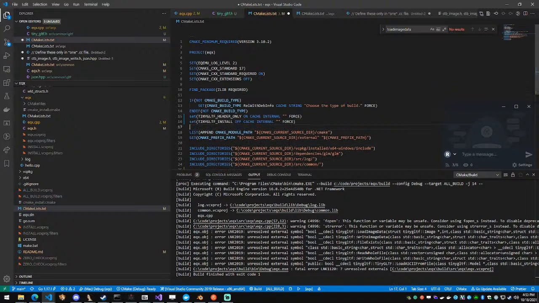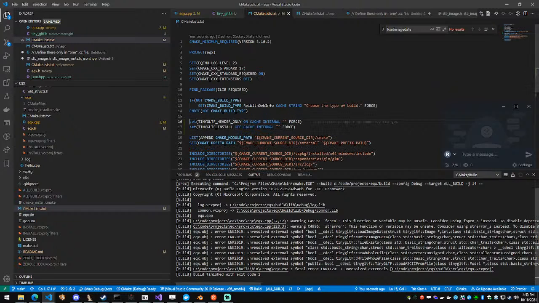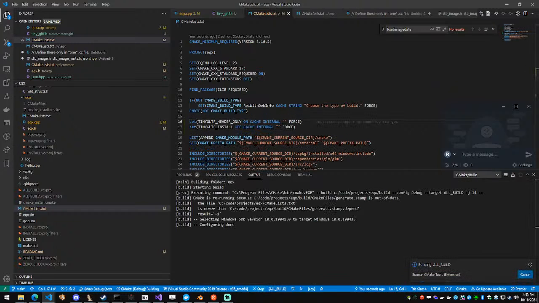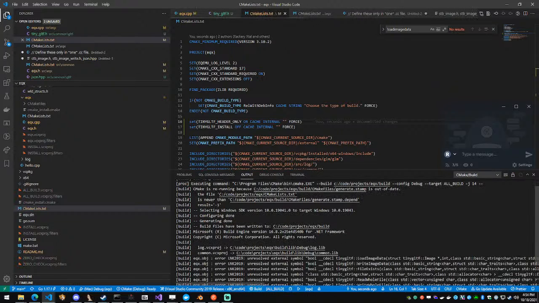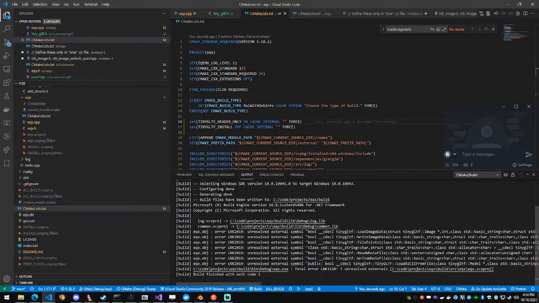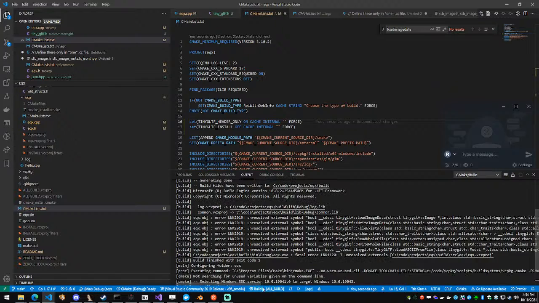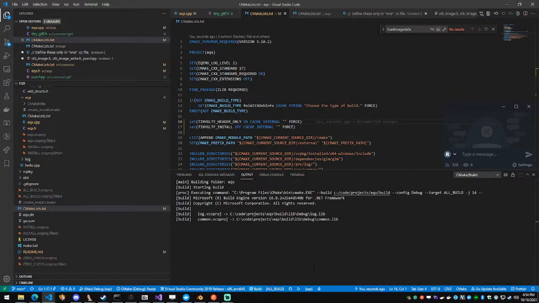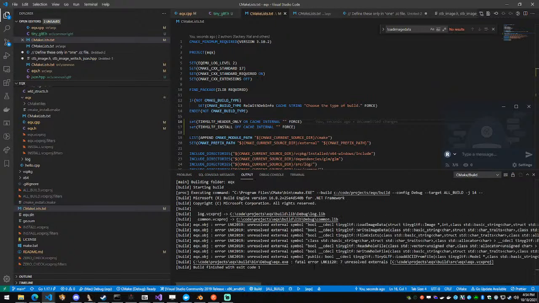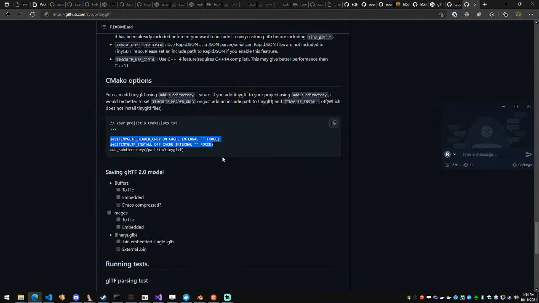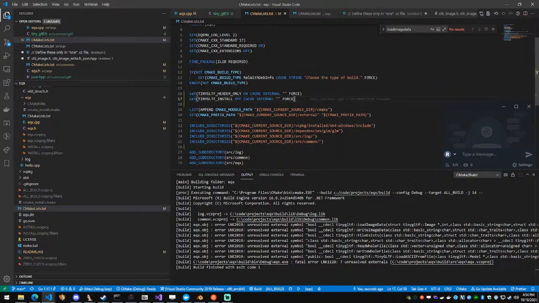I don't know if these options really need to happen, but we can go ahead and build it. Yeah, it doesn't seem to have impacted anything. I mean, I could try. I shouldn't need to do this, but